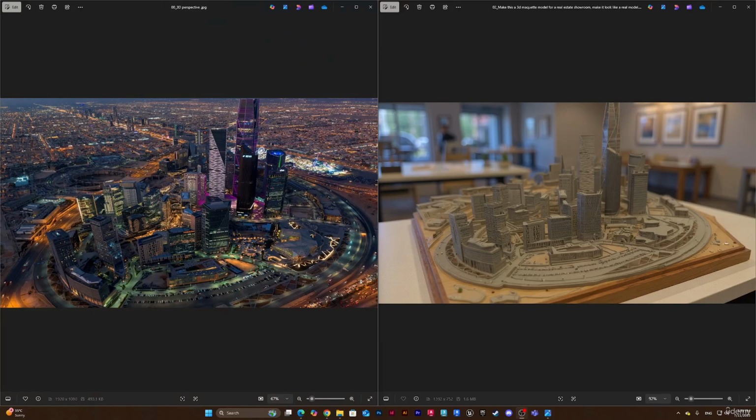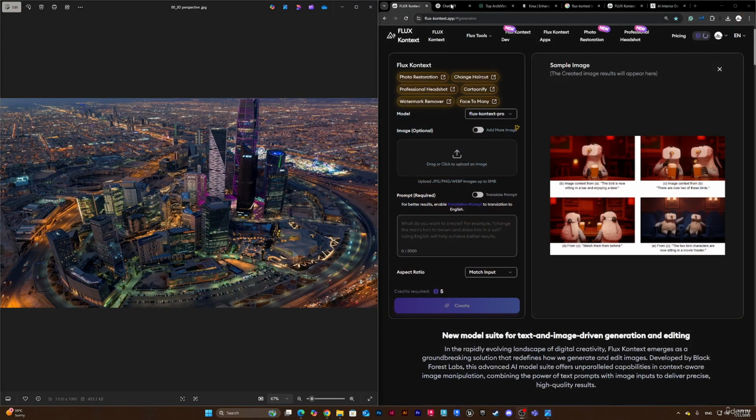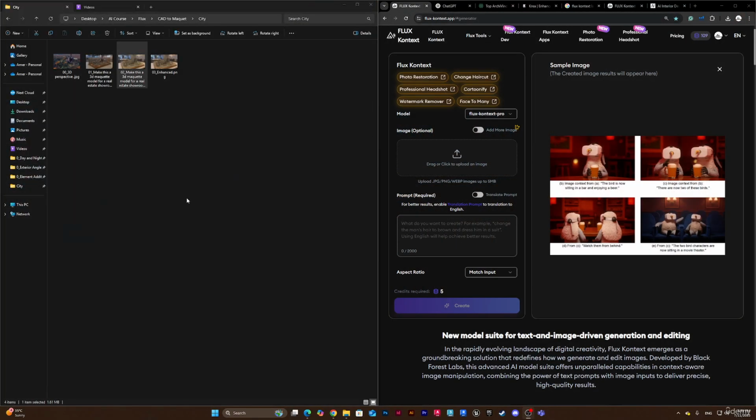All right, so we're going to talk now about how we're going to do this aerial image to a 3D maquette that we can sell for real estate properties and developments. So how can we achieve this? We're going to refresh Flux, and then I'm going to put the base image, and I will take this prompt,